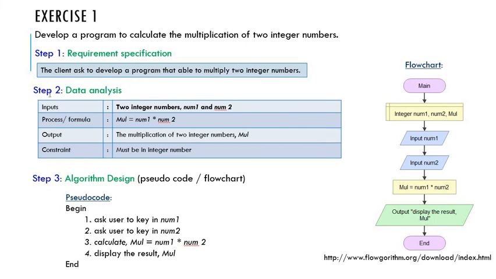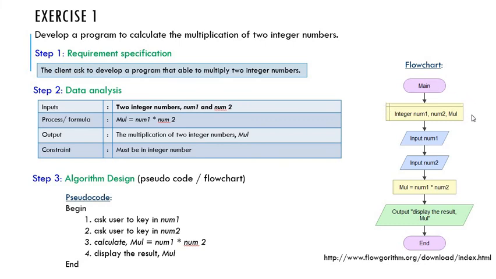This one maybe I can delete. Alright, so this is the flowchart, whereby this is the symbol of start or begin. Or also you can put it as main, since this is the main program. So you can put main, or you can put begin. Usually we put begin. So you begin your flowchart,